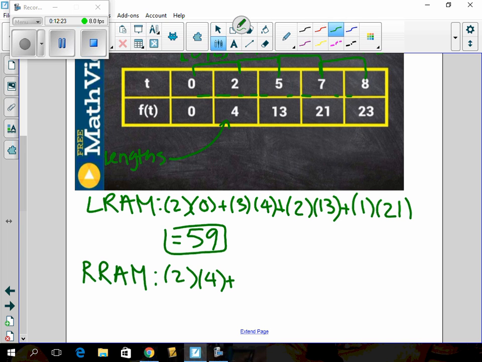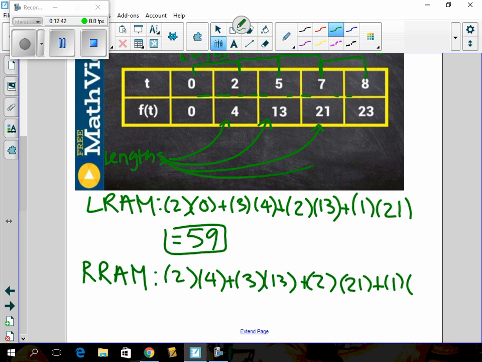Again, from 2 to 5, my width is 3. My length is going to be 13. From 5 to 7, width is 2. Length is 21. And from 7 to 8, width is 1. And length is 23. And when I add these all up, I should get